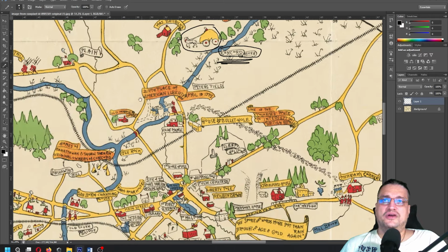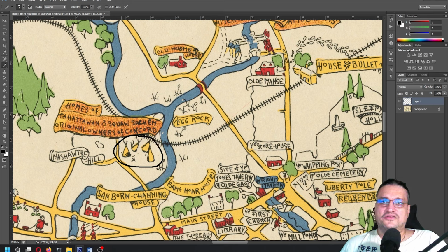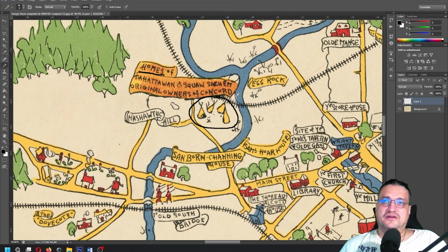Now we approach the main city. Well, in that period it was a large city, let's say. Okay, I spot here another small tent settlement. Tahadavan Squan, original owners of the Concord, and homes of. Well, actually, these are tents, not homes. It's literally entitled Sandberg Chaining House. More soldiers here,